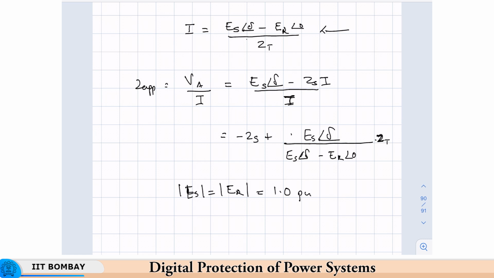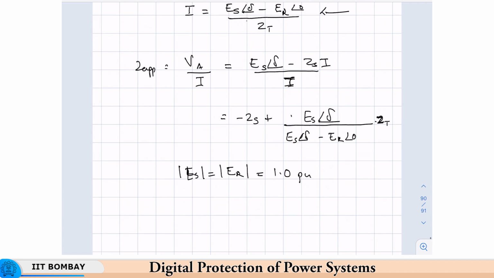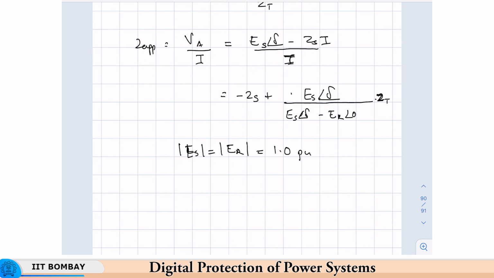Now, the first of the assumptions that we will make is that both voltages are one per unit. What happens if they are not 1 per unit? What happens if E_S is less than E_R, or vice versa? We will show in terms of graphs only. We will not derive those conditions, but we will just show them in terms of figures. Okay. So, now getting back to our derivation,